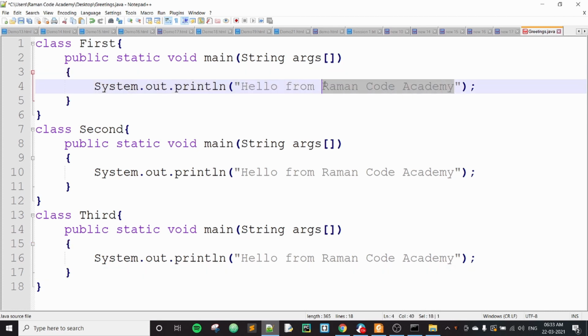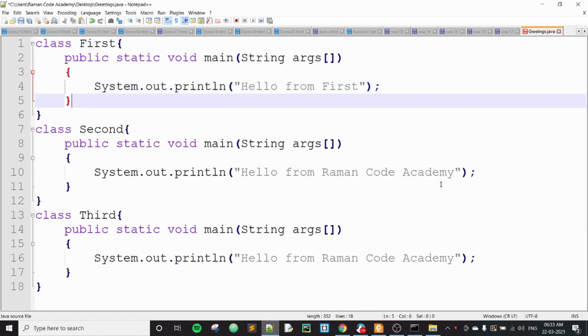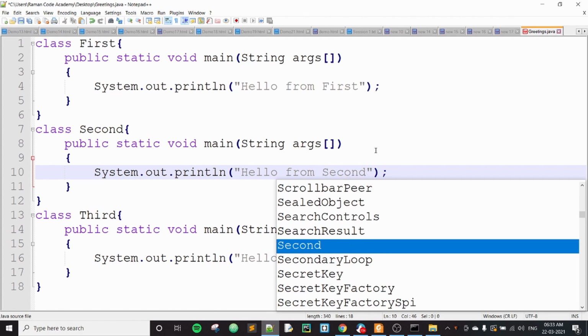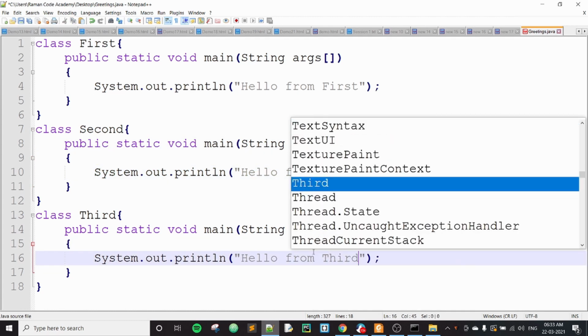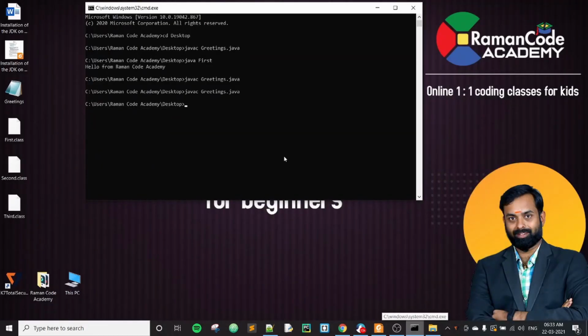Now let's say it as hello from first. In the second one, let me change it to hello from second, and in the third one, let me change it to hello from third. So we'll save this particular program. We'll try to minimize this. We will compile it again. Now when I run this, what will be the output?